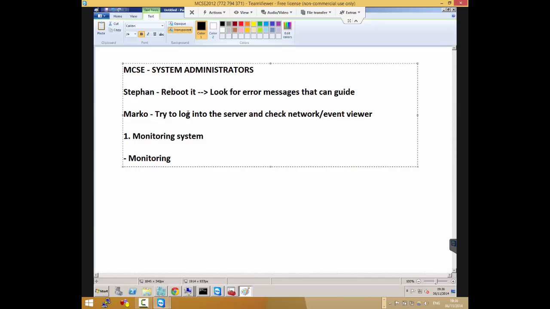So if a computer is down, your monitoring system should be able to tell you it's because the hard drive is filled up. You can see from the monitoring system that the C drive is already 100%. Or you can see this is a network issue because packet loss is 100%. Or you can see this is a service issue because the monitoring system tells you this service just stopped.